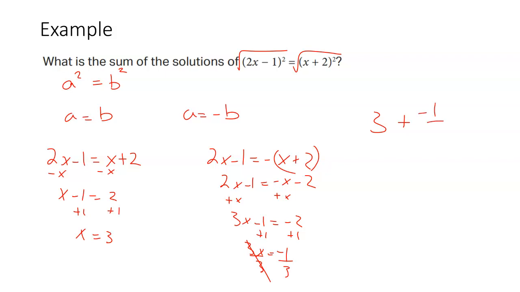3 plus negative 1/3. You need to add those together because it says, what is the sum of the solutions? 3 plus negative 1/3. What is 3 plus negative 1/3? 2 2/3, which is 8/3. Improper fraction, 8/3. You need a common denominator in order to add, right? So this becomes 9/3. So